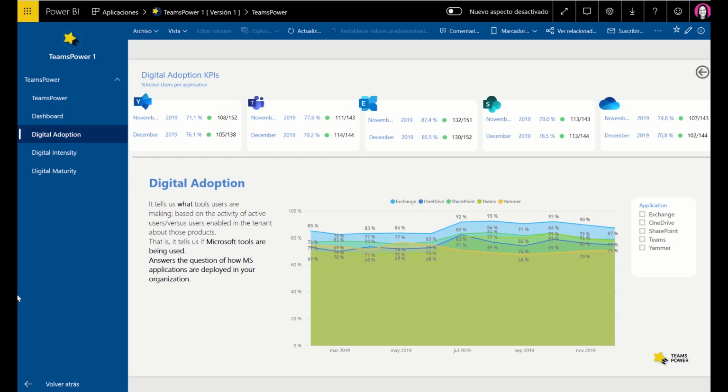On the digital adoption page, at the top, we find the indicators for each application. These are Yammer, Teams, Exchange, SharePoint, and OneDrive. These indicators represent the activity of active users in the application relative to the total licensed users in our organization. For instance, for November and with Yammer, the number 61 represents the percentage of the total licensed users of